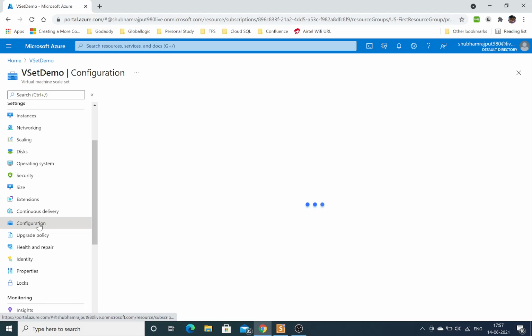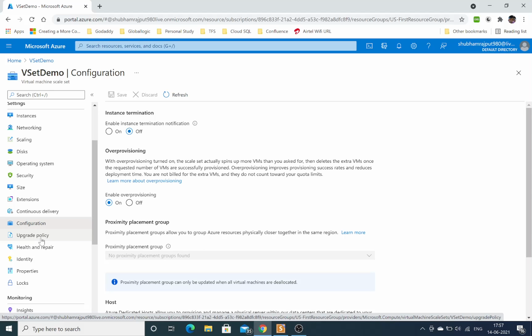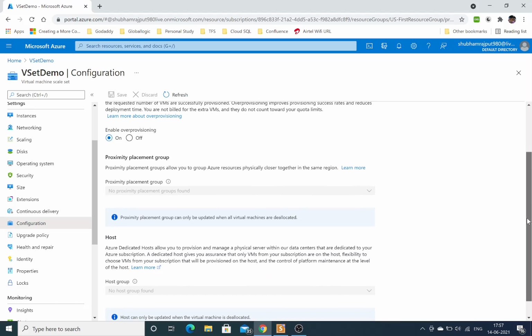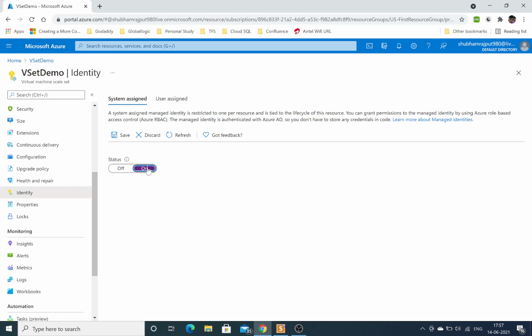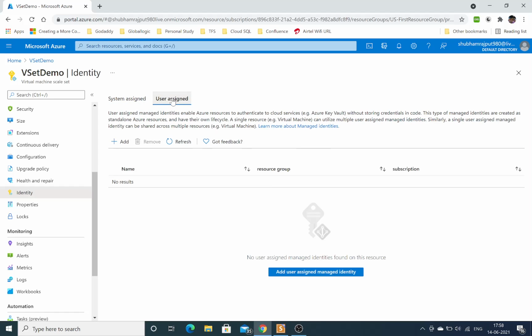Configuration is also here, with instance termination options and the enable over provisioning option, which you can check. Identity is basically to connect with Azure AD, and if you want to provide your on-premises AD, you can connect it from here.